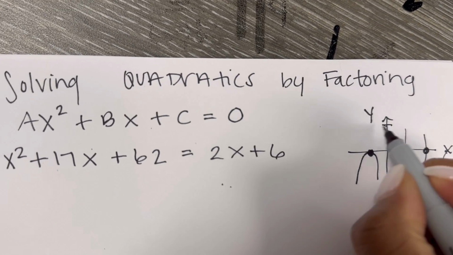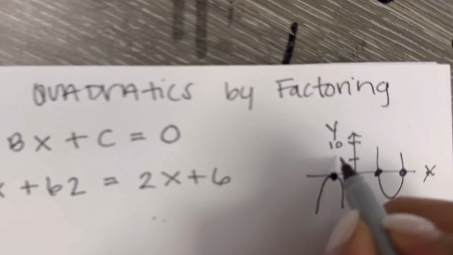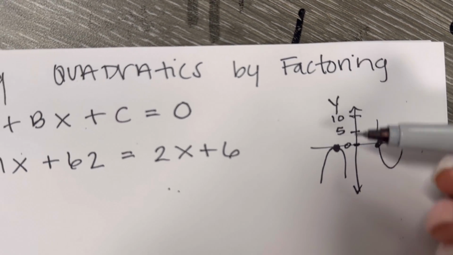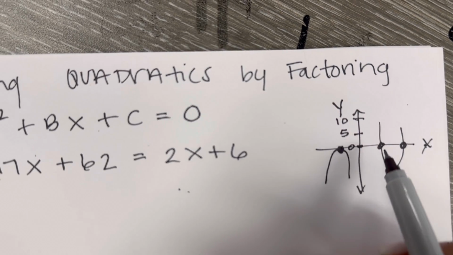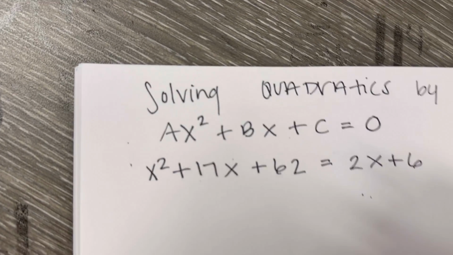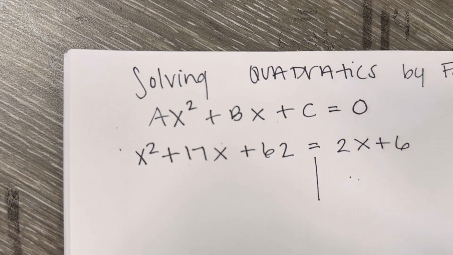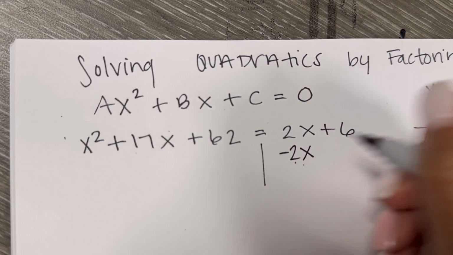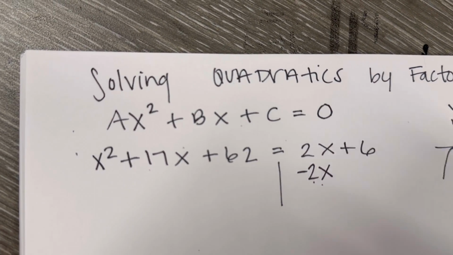Remember, this is y is at 10, y is at 5. This is y is at 0. So wherever y is 0, we can find the zeros, the x-intercepts. So we have to set this whole equation equal to 0. So in order to do that, you can draw a line if you'd like. You don't have to, but we want to subtract the 2x because it's on the wrong side, and also subtract